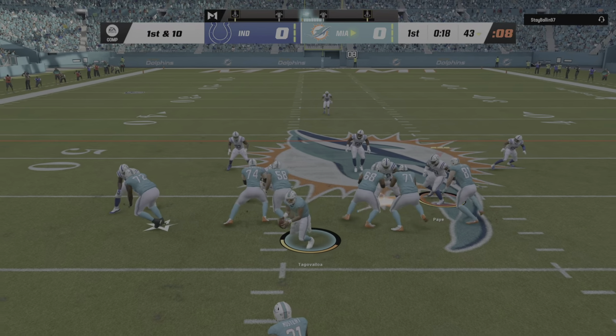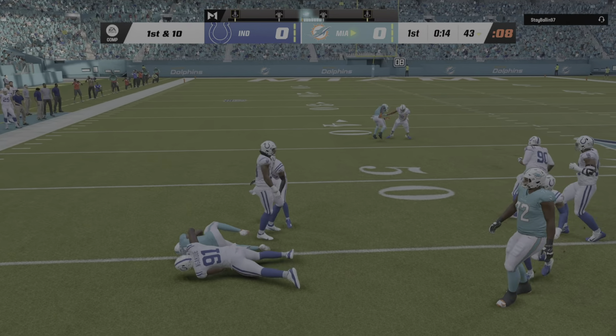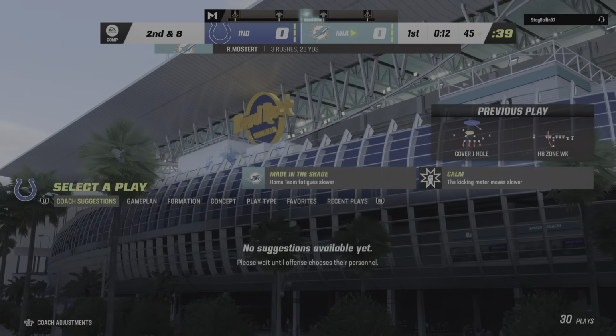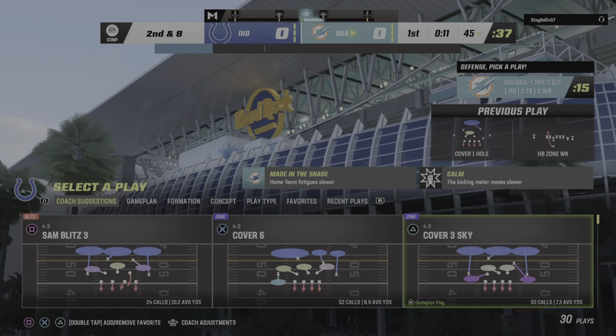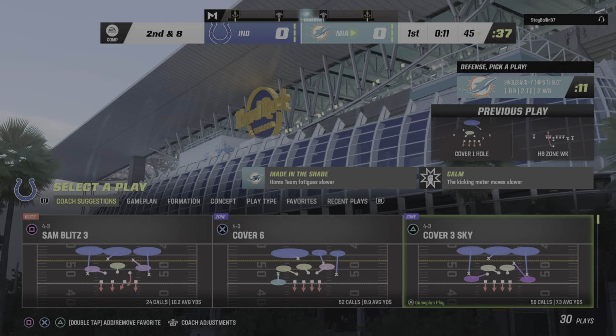They'll stay on the ground with Mostert. And he'll be taken down at about the 45. 2 yards on the carry there. It'll be second down. 2 yards on the pickup. It's second and